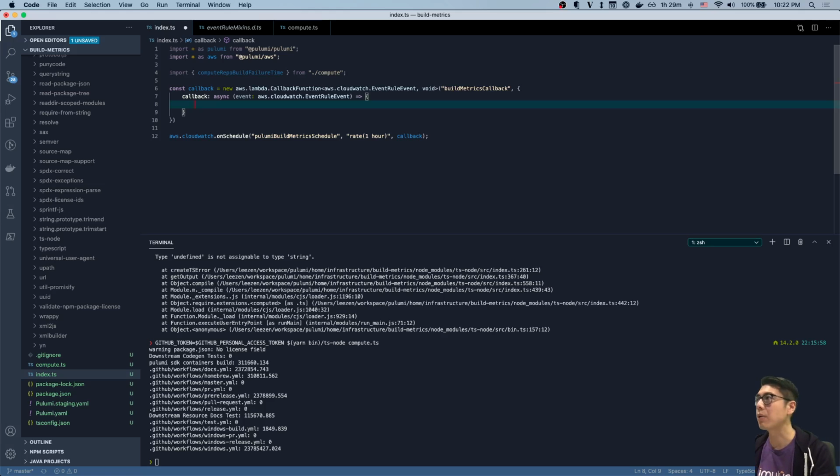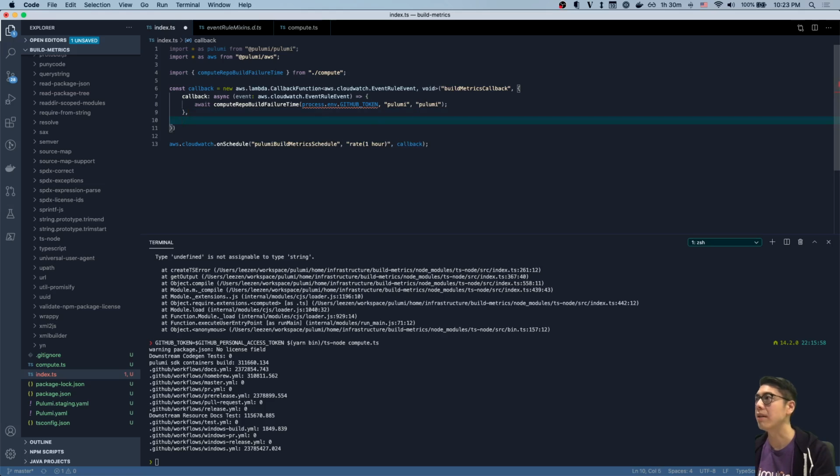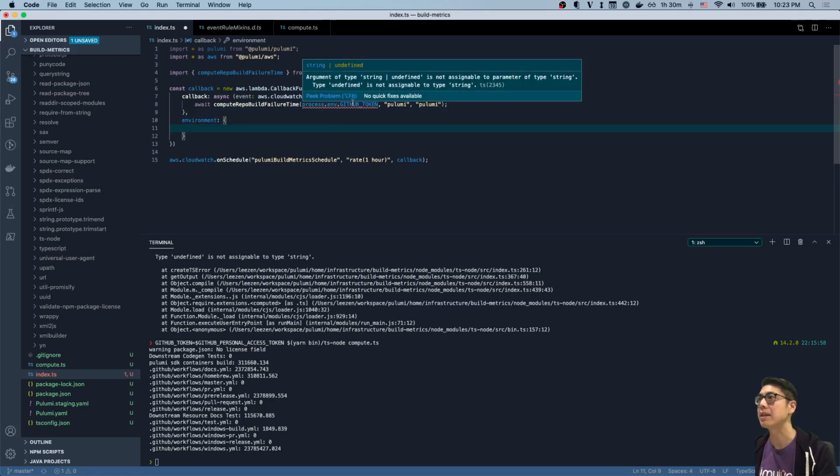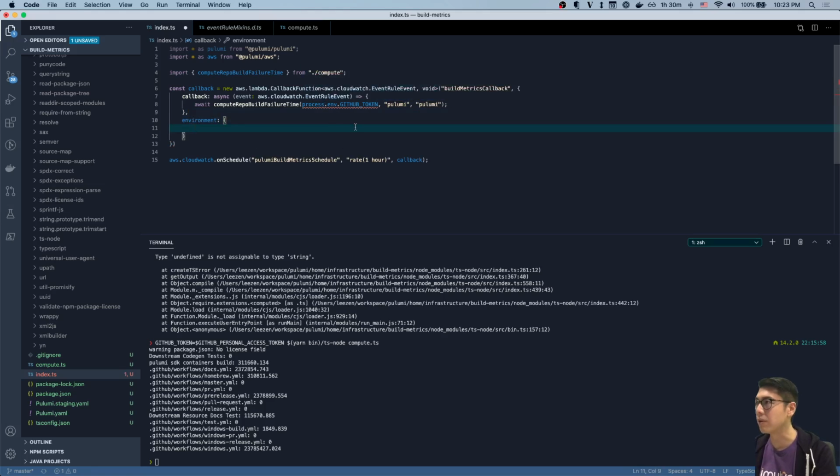But we actually end up ignoring that, and then we end up calling the function. So await compute, and now we can do process and token, and we'll just hard code this for now. All right, and then now we can give it the environment, and here we can actually pass in a config. So we can use Pulumi config,